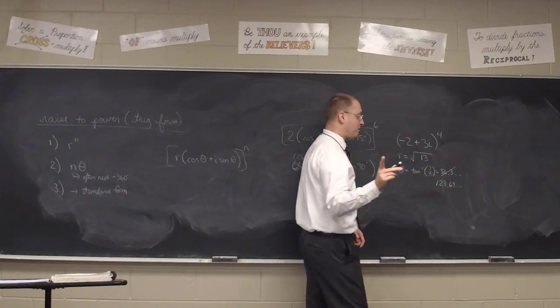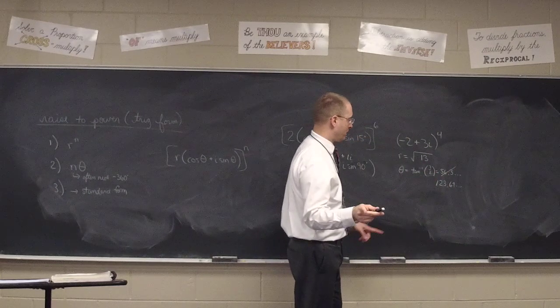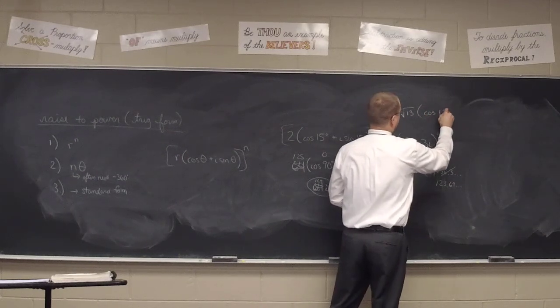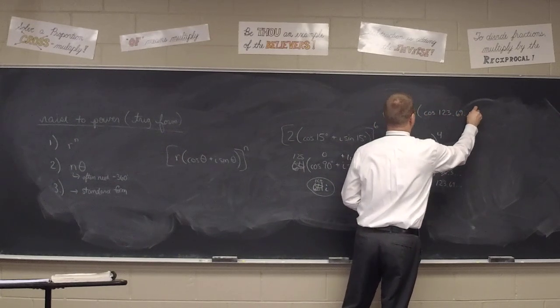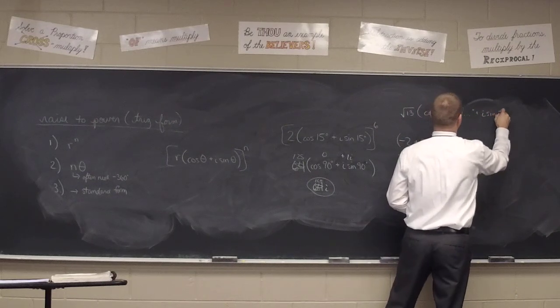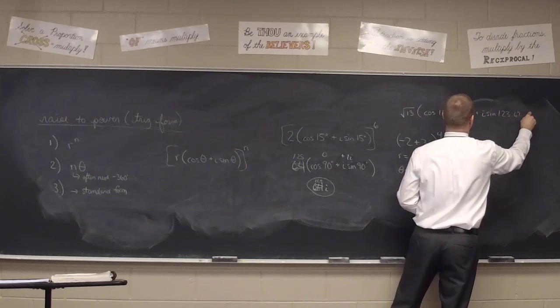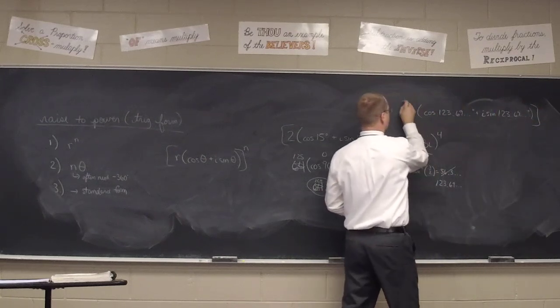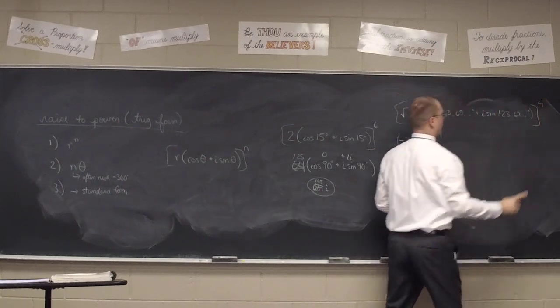All right, now keep that number on your calculator for a moment. If I wrote this as the square root of 13 times the cosine of 123.69 and so on degrees plus i times the sine of 123.69 and so on degrees, all of it raised to the 4th power,